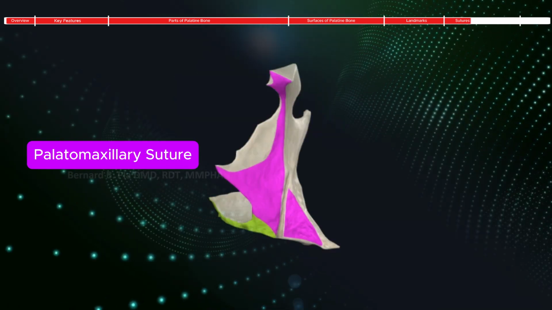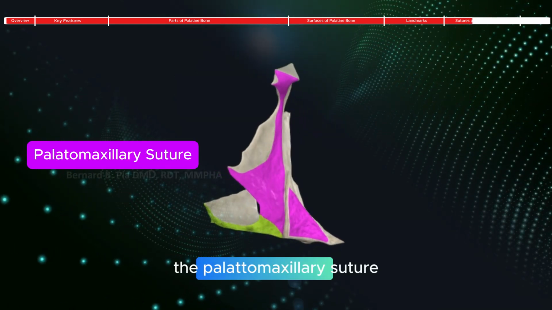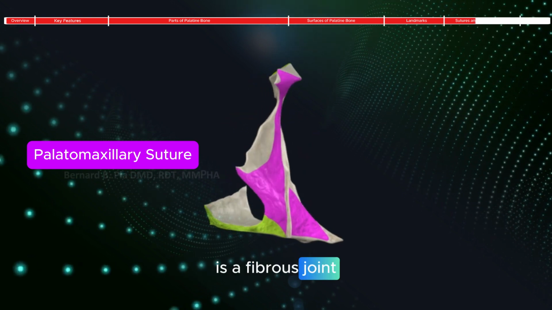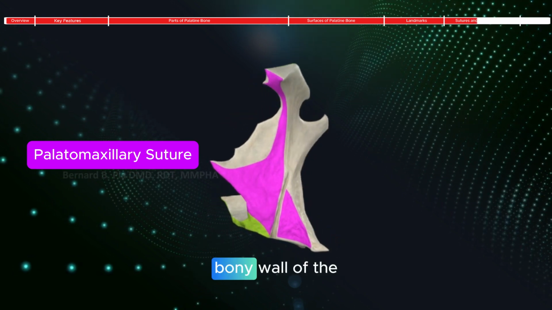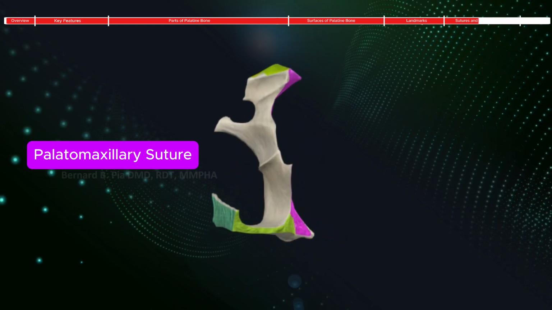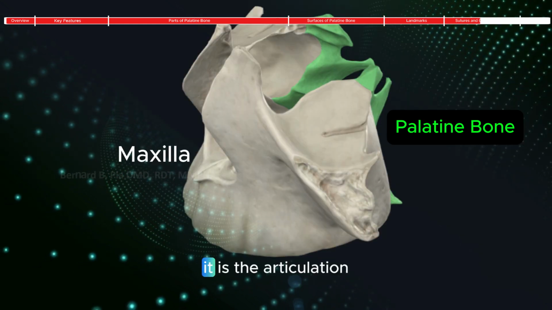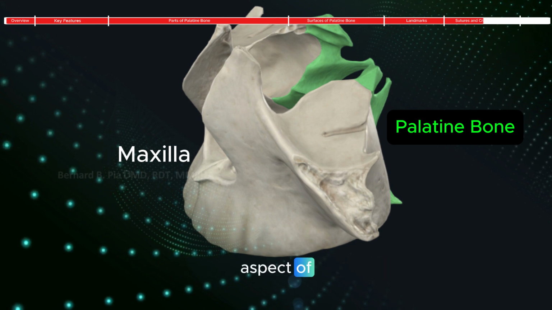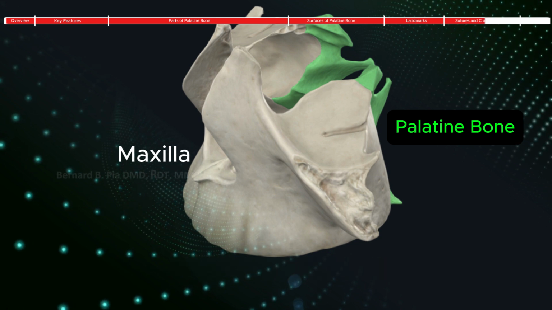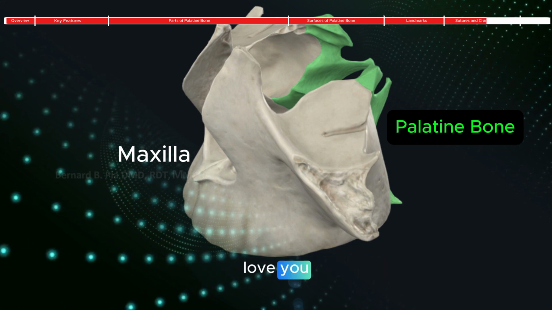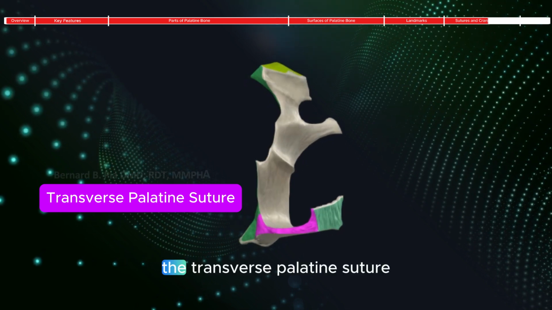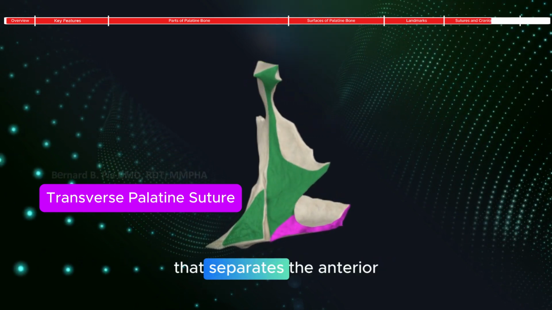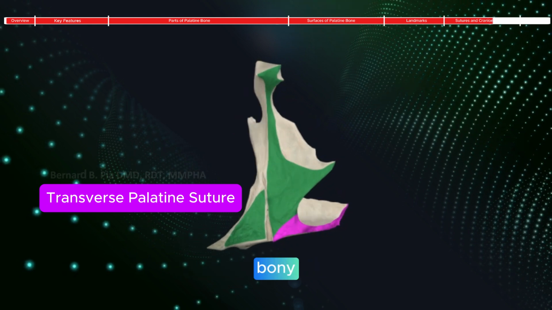ethmoid bone. 3. The palatomaxillary suture, maxillopalatine suture, is a fibrous joint found along both the lateral bony wall of the nasal cavity and the floor of the orbit. It is the articulation site located between the lateral aspect of the palatine bone and the posteromedial aspect of the maxilla. 4. The transverse palatine suture is a fibrous joint that separates the anterior 3/4 of the bony hard palate